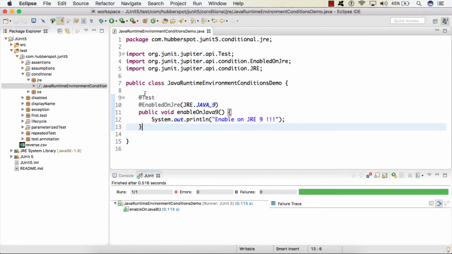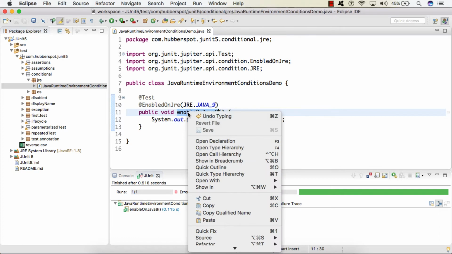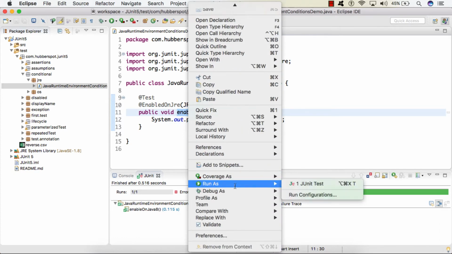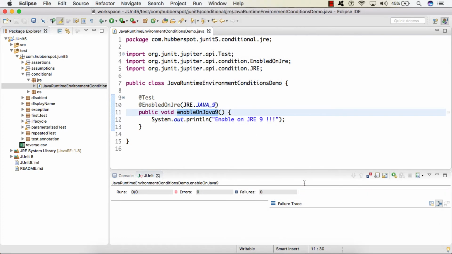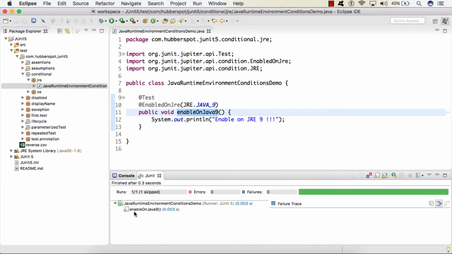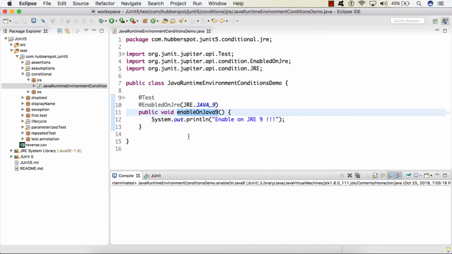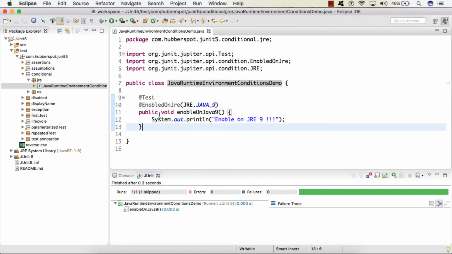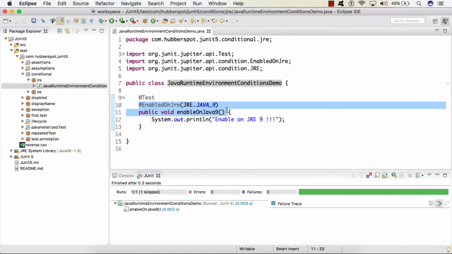So let's say if I run this test case on Java 1.8, here you can see the test case got skipped and on the console nothing got printed, because we are running this test case on Java 1.8 and we have provided the annotation that please enable this on Java 9 only.